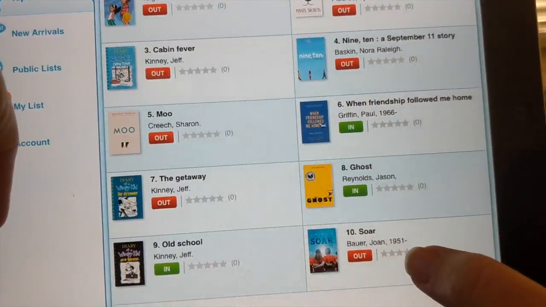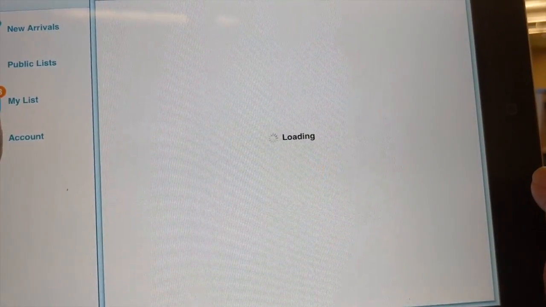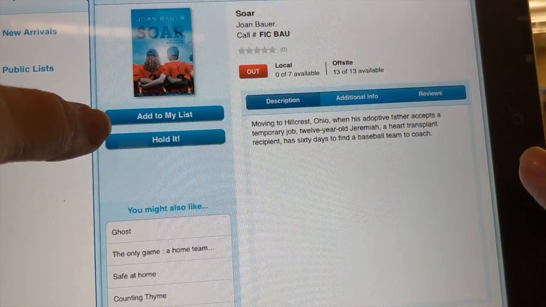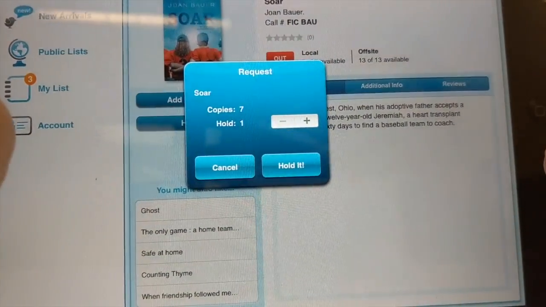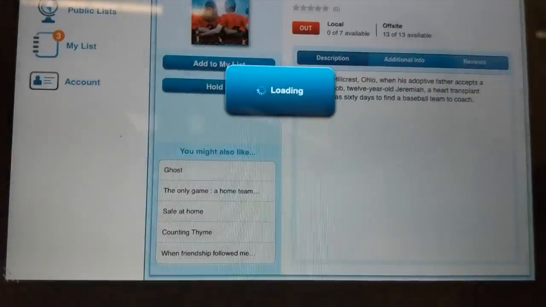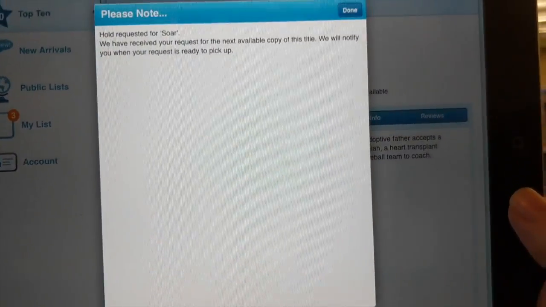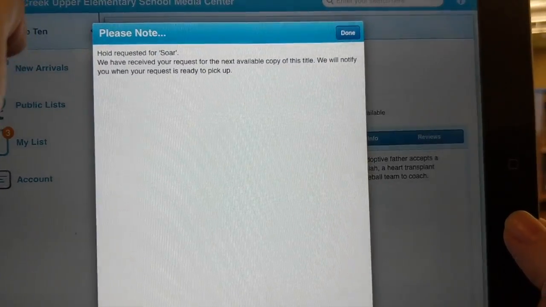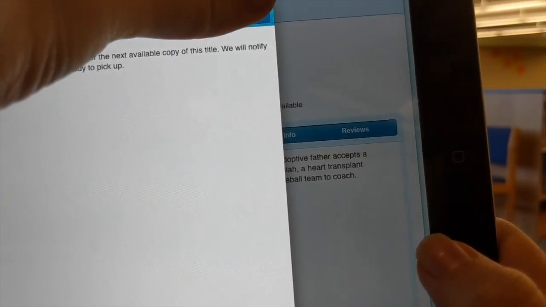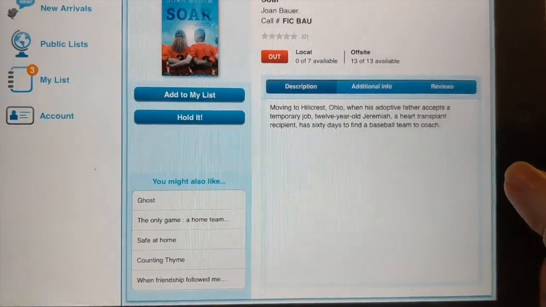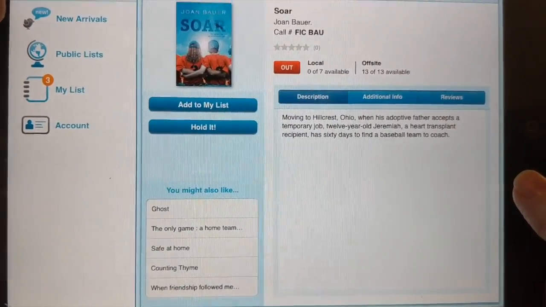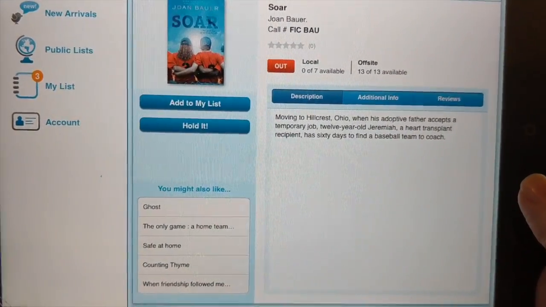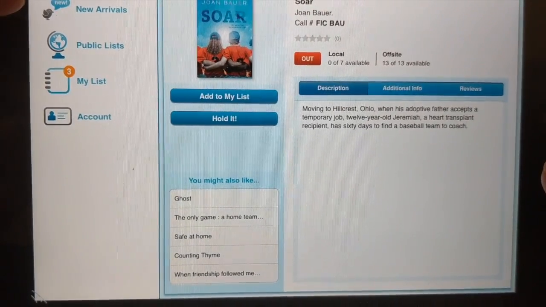So here you see SOAR is checked out. So if you click on it, you just say either add to your list or hold it. And I want to hold it. And it says that it has come to the librarian. You'll get an email when it's ready. So really your teacher will get an email. If you are a teacher, it will come to you automatically because your email is in the system. Students, I will send your teacher an email